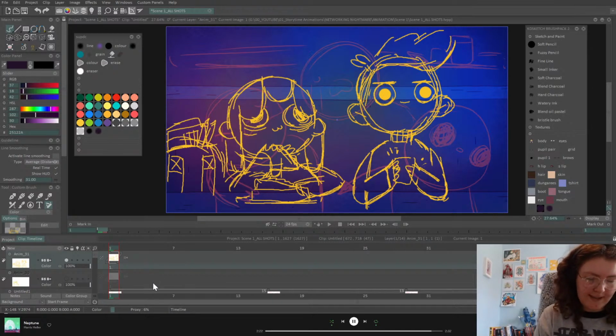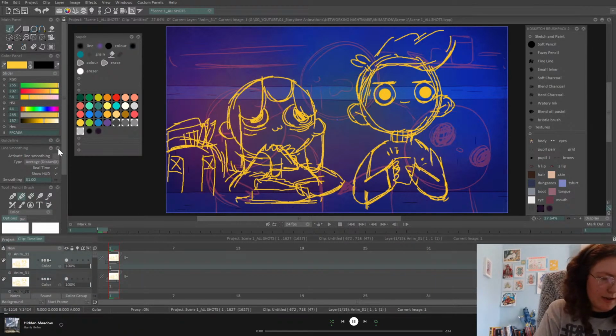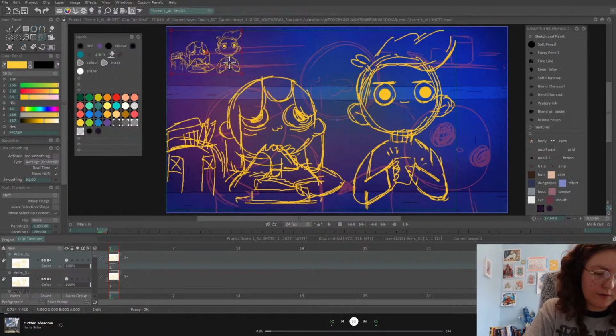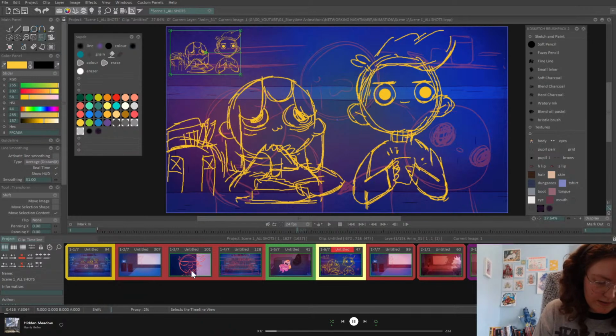So do I have it like that? I'm just going to duplicate this layer. And I'm going to make these two smaller. So I have this little reference up in the corner. But this is basically the proportions in comparison to